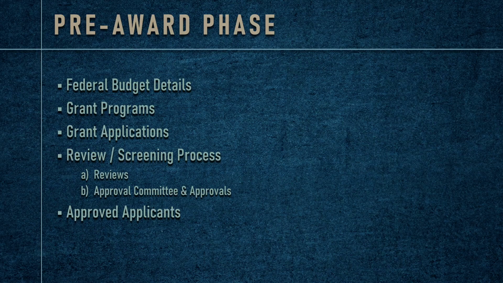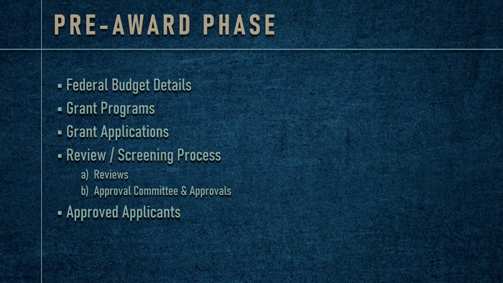Then we have grant applications, which handles the grant application submission process by filling in the application form and submitting the required documents. The next is the review and screening process. As I mentioned previously, the review and screening process was not described clearly, so I have come up with my own method and procedure for it. First, the applications will be reviewed by multiple reviewers, that is internal, external, and subject matter reviewers, and each reviewer will give their score to the application based on their review.